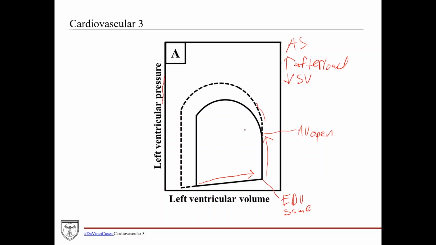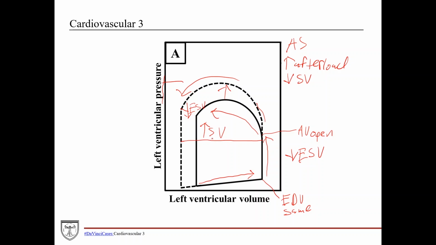And so what you see as we go during systolic ejection is a dramatic increase in pressure. And then if you follow it all the way along here, down to the end of systole, where you have the end systolic volume, the end systolic volume is decreased. So you have a decrease in end systolic volume. And if you remember, the distance across the pressure volume loop corresponds to the stroke volume. So if you've decreased end systolic volume and end diastolic volume is the same, as a result of that, you've